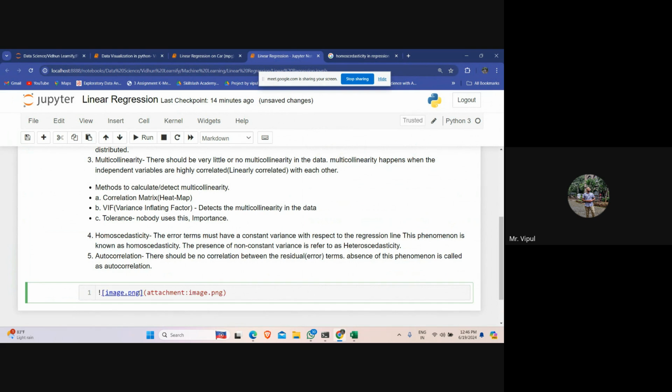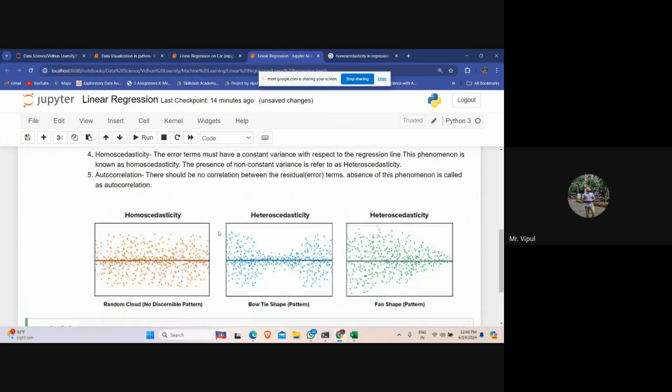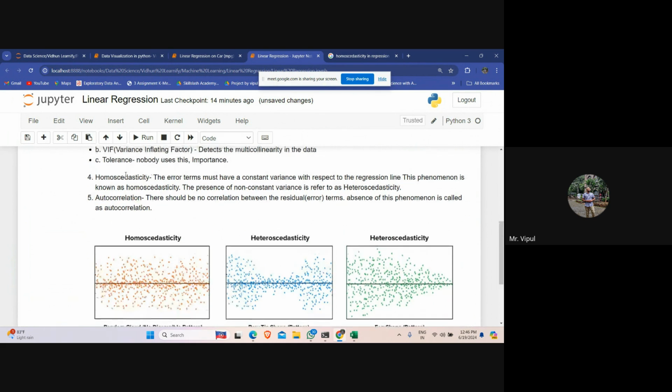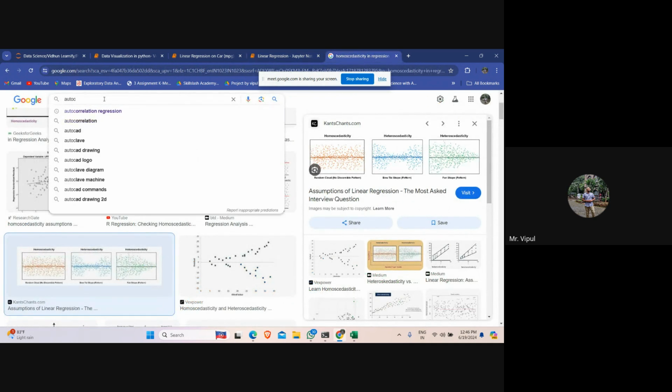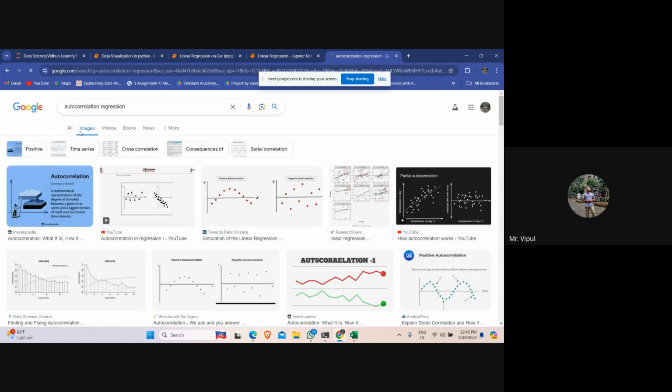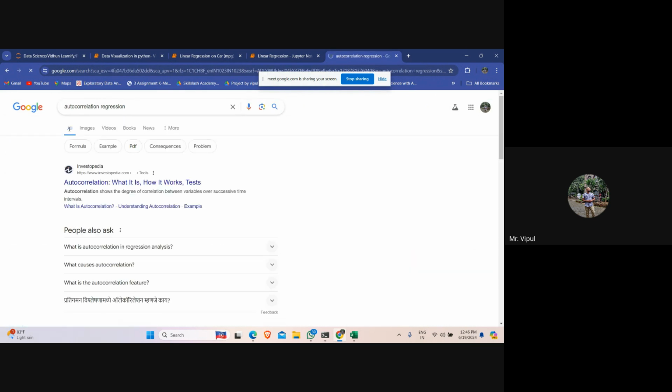So error term must have constant variance with respect to the regression line. Only then can you fit a linear regression model: homoskedasticity. And what is autocorrelation? We'll try to understand that. There should not be any correlation or very little correlation